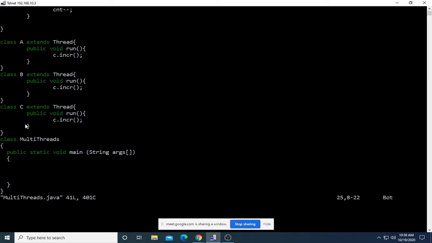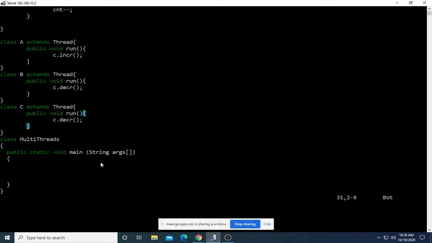The only difference lies in the run method. Class A will increment the counter whereas class B will decrement, and so will class C. 1 increment and 2 decrement.